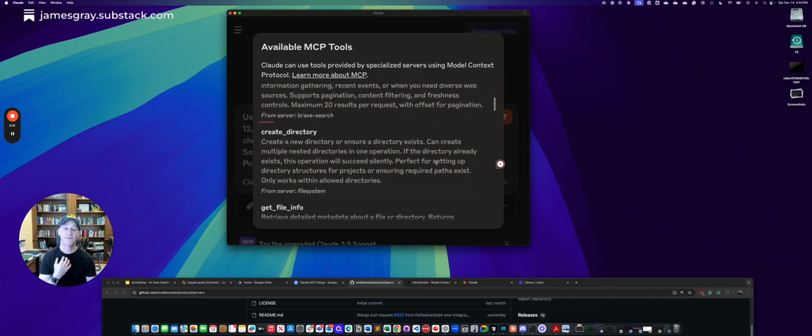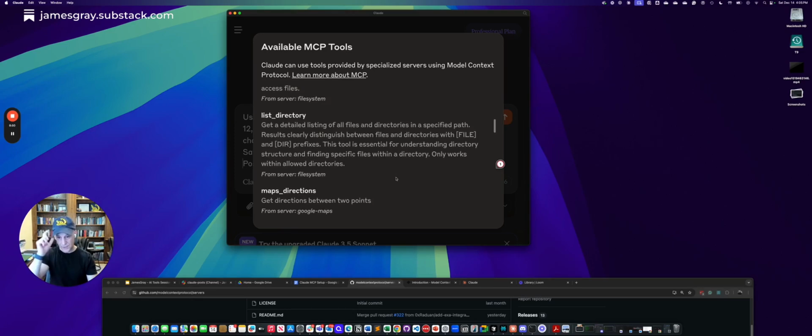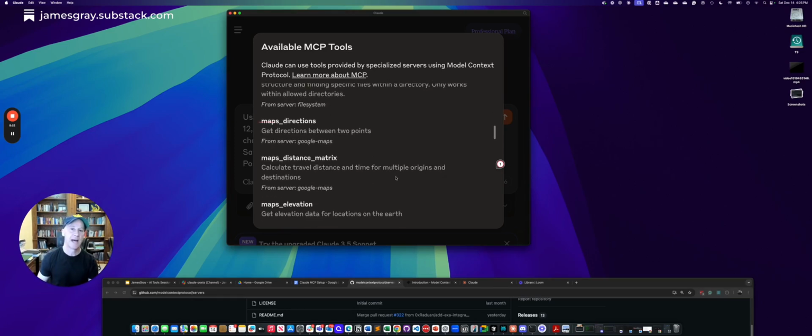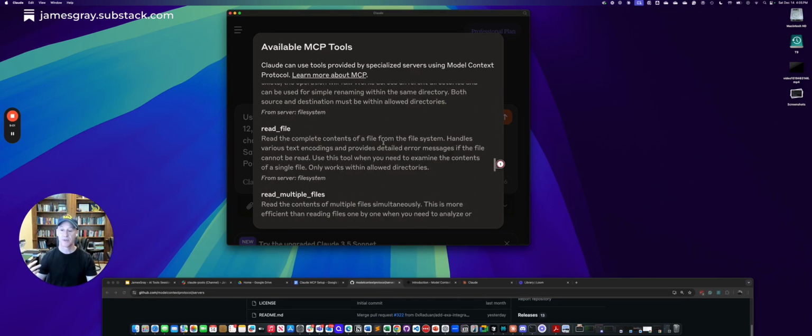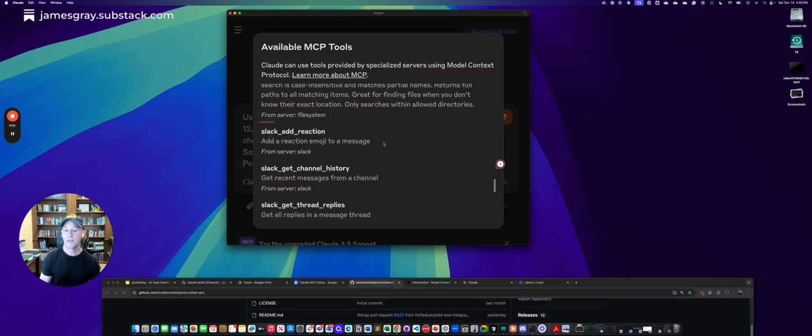And then I've enabled the file system service that allows Claude to access files and folders on my desktop. Now, I have to configure that to say, hey, Claude, you've got access to these things. So it's not a free-for-all. Of course, you need to put some controls in place. The other service that I enabled is Google Maps, so Claude can hit the Google Maps API programmatically from my prompt. And this is what I'm going to show you. And then, since I use Slack, I've configured Slack, so Claude can read channels and post to channels, just like what we would do as humans.